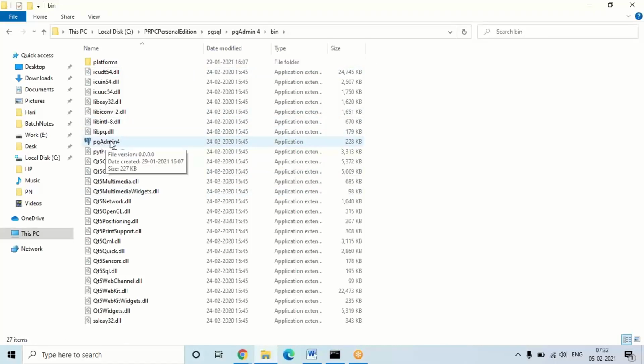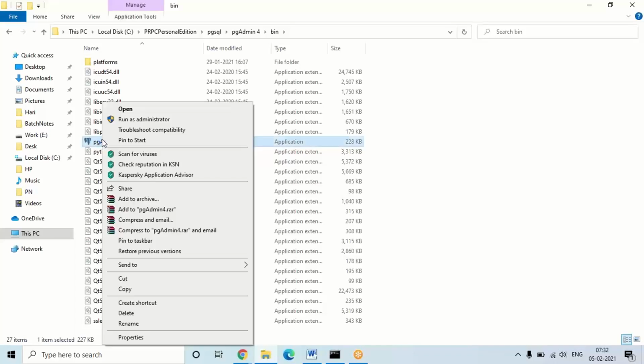On the desktop, three shortcut icons are already created. If you want to open pgadmin4 every time, it is difficult to come to this path. So the first time you open it, add a desktop shortcut for this file.